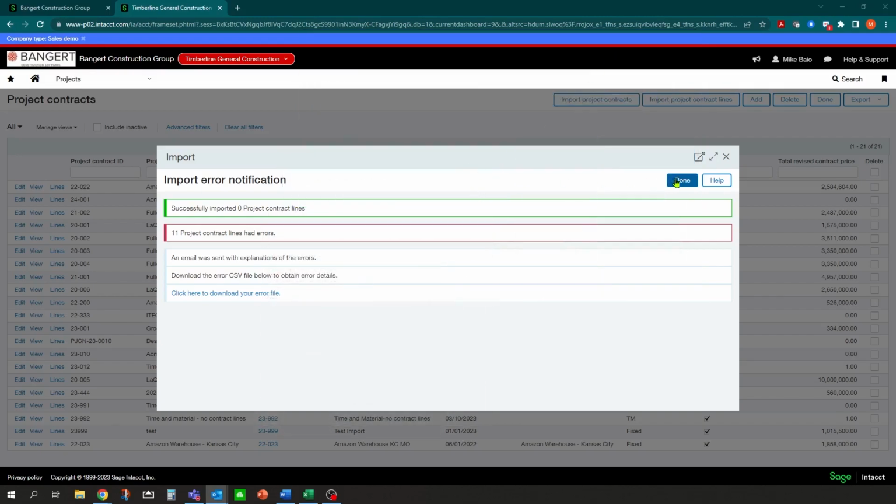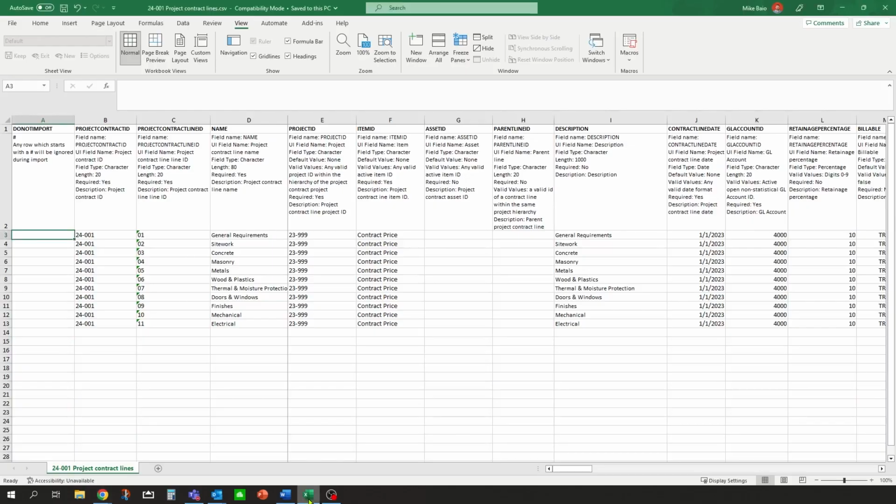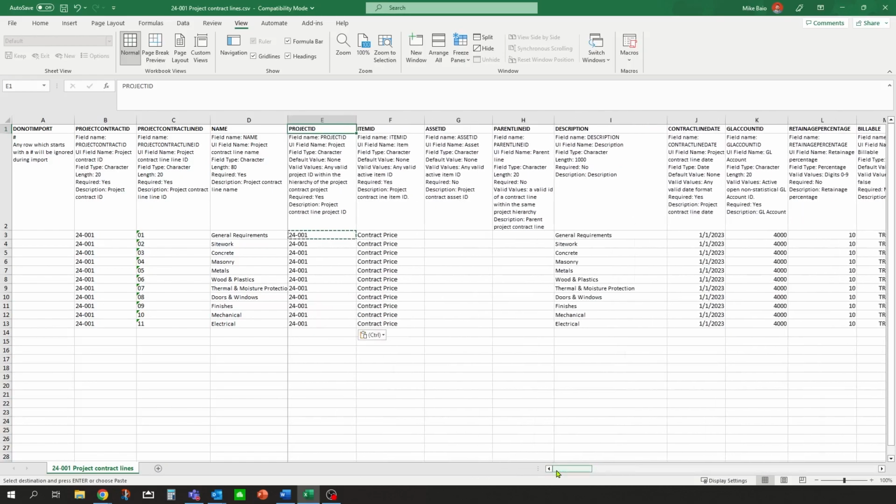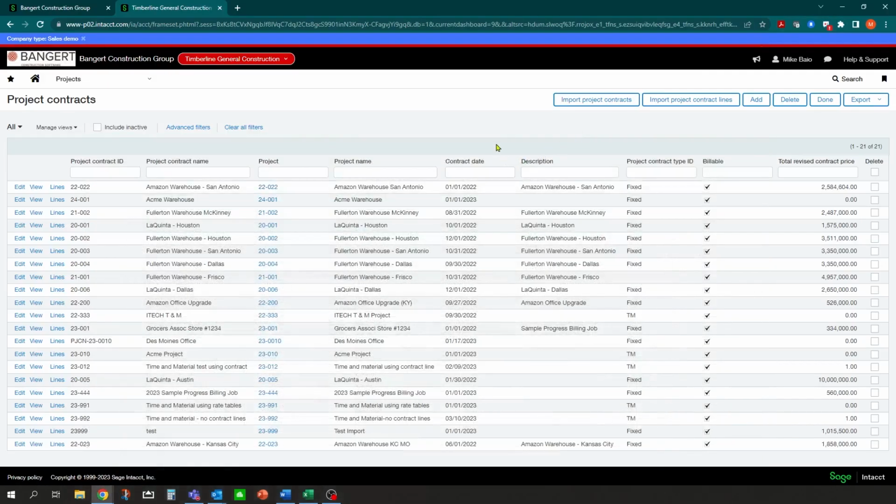So let's close this for now and open up that Excel sheet again. Let's take a look, and oh, there it is. I copied this template over from another project, and I have the wrong job on it. So you can see that it does check to make sure everything is going to import correctly. We'll just change that number to the correct project. We'll do a quick scroll through to make sure nothing else is out of place, but it looks good. We'll hit save, shrink that down, and do the process again.